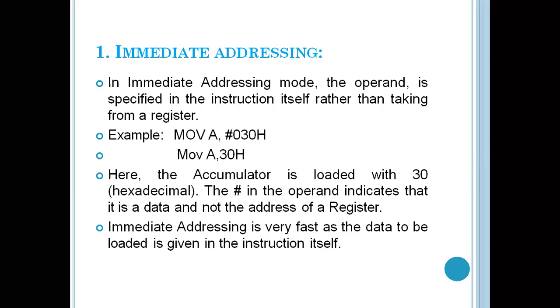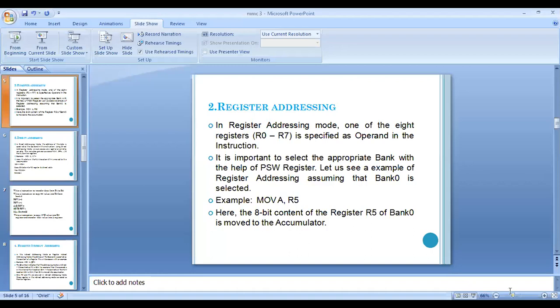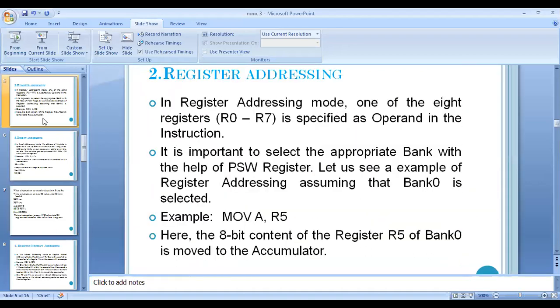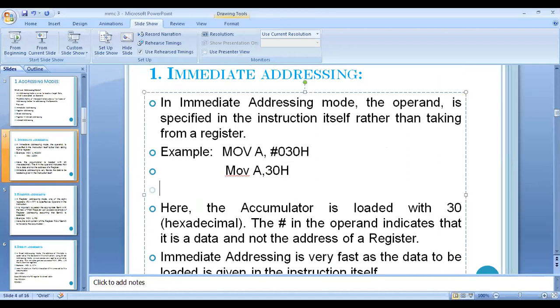If we compare the same addressing mode with the 8085, in that case we are having separate instructions. If I write the same instruction in 8085, how can I write it? MVI A comma 30H. That is the instruction present in the microprocessor. So in the microprocessor, for immediate data you have a separate instruction termed MVI.